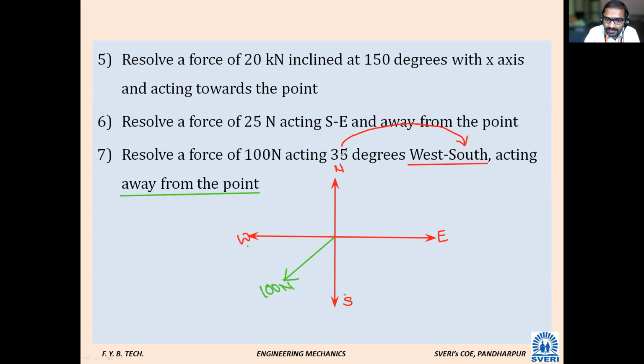Now this 35 degree, how did we take it in the last problem? This is vertical, correct? This is the 35 degree we have taken. Okay, so this is with respect to, tell me, with respect to south. Vertical. So this last direction, we have to consider the 35 degree with respect to south. I just told you the concept. So if the angle is made with respect to vertical, then we take the cos component.